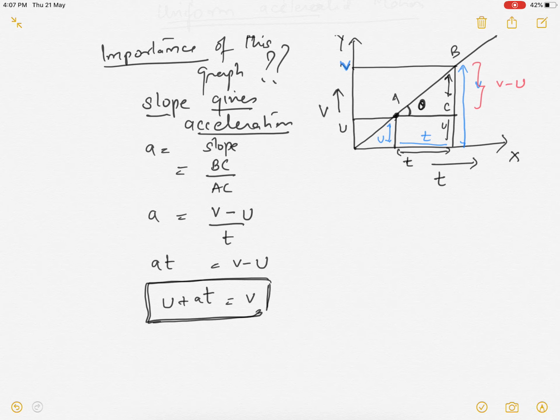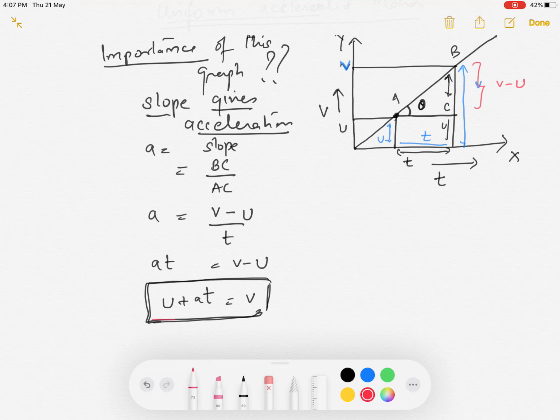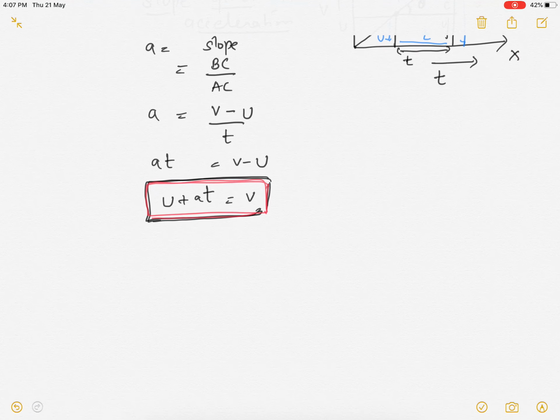It is the relation between velocity, acceleration and time when a body moves with uniformly accelerated motion. Got it? This is a very important derivation, the first, and with the help of this equation you can solve different numerical problems. Suppose I give you one problem. I will give you one question. You tell me the answer on my WhatsApp. I will not tell you the answer. I will give you some hint. Consider a body moving with